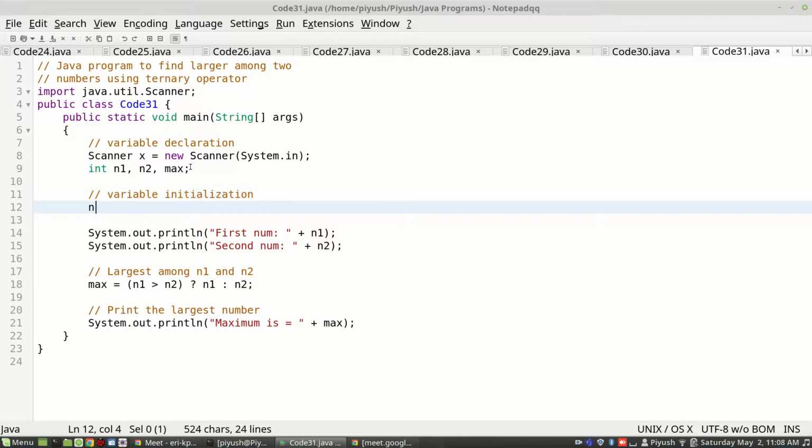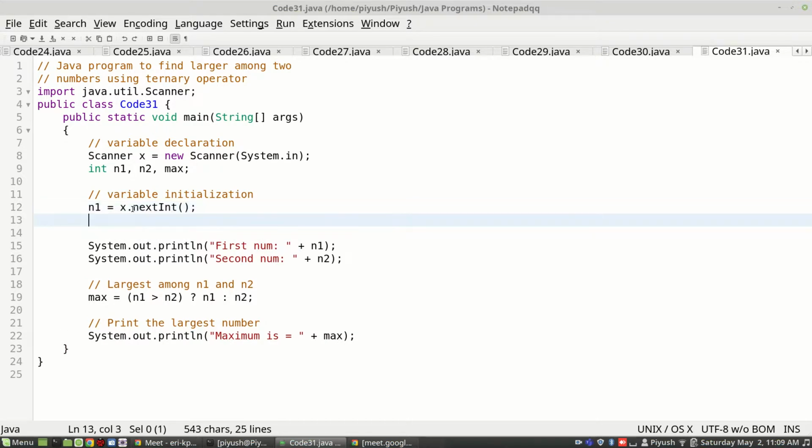This will be n1 is equals to, because we have used x here, so we'll be using x here also. x.nextInt, and num2 we are going to ask from the user, and we are going to write x.nextInt, same thing. I'll just copy paste it.